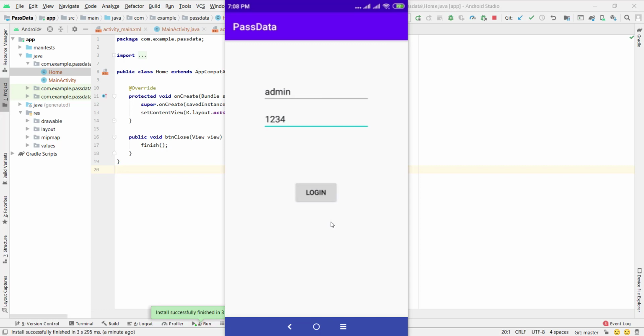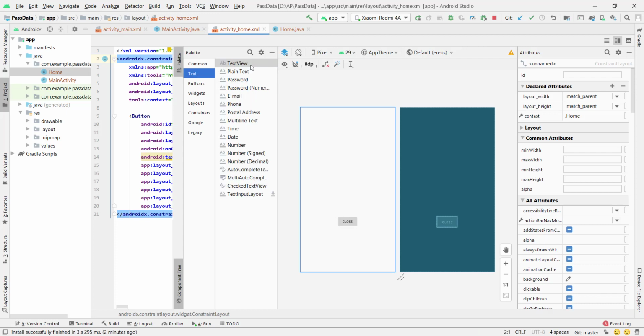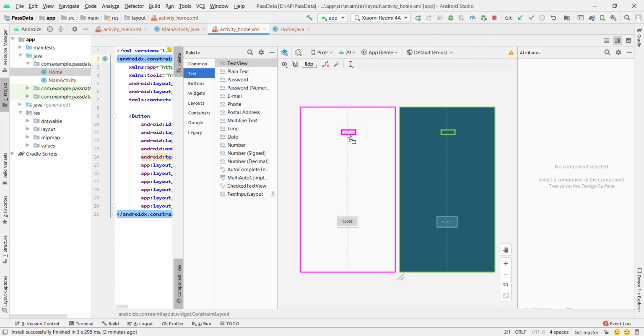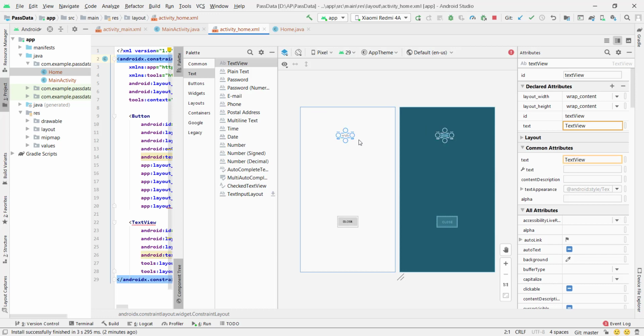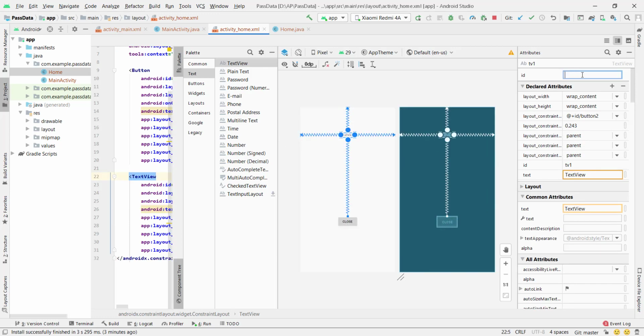Yeah, now we have to pass data from the first activity to the second activity. Let's implement that part. Inside this second activity I'm getting one TextView to hold data. So get this one, place it here, and constrain this one, and give an ID for this. I'm giving it as textViewShow.